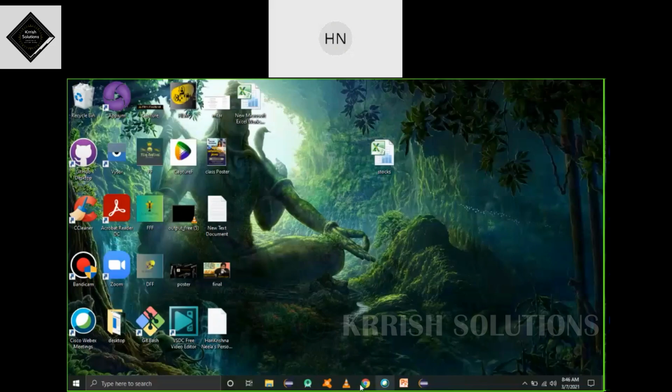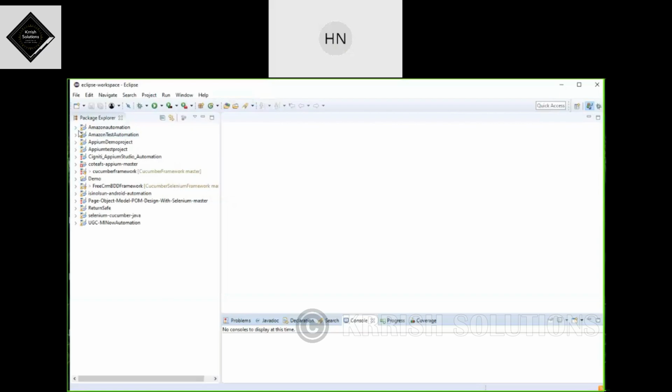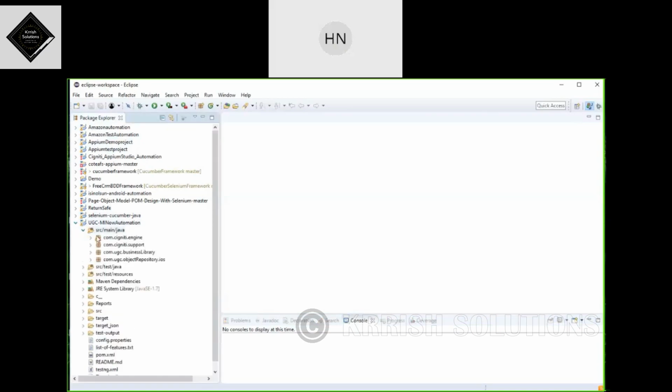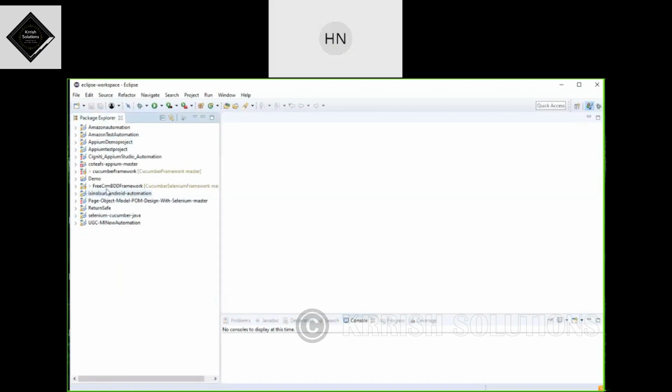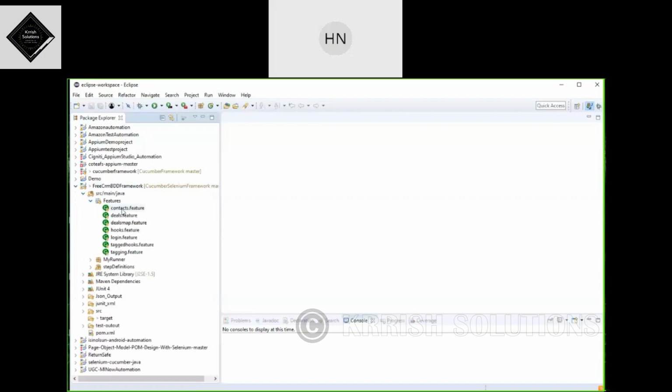If you go to Eclipse, it's already open. I will show you how a feature file looks.